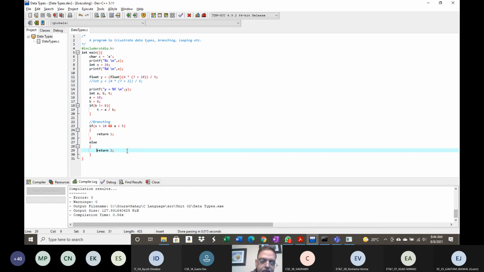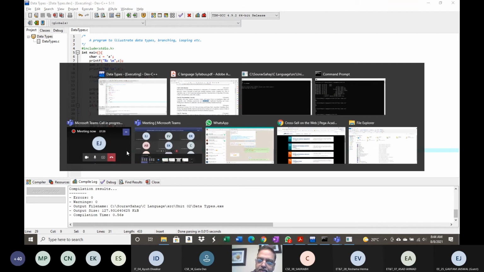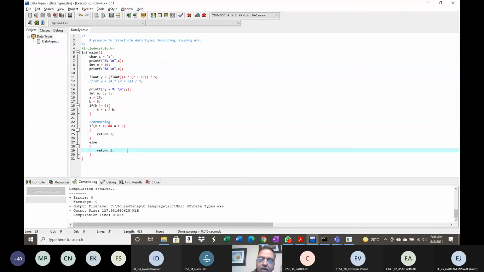All right. So that is what we have right now, and the next thing is loops. There are three types of loops. We have a for loop, while loop, and do while loop. These three loops are there. I will show you a simple for loop.